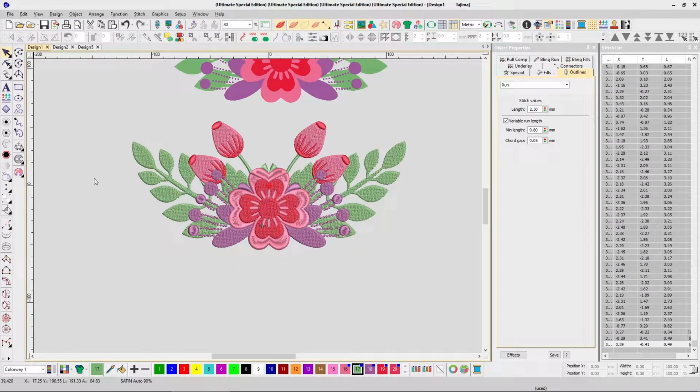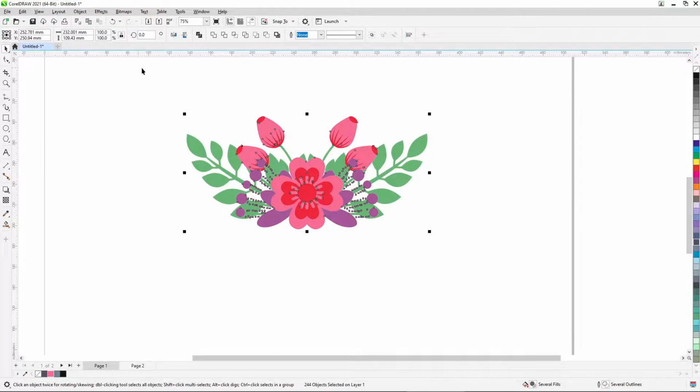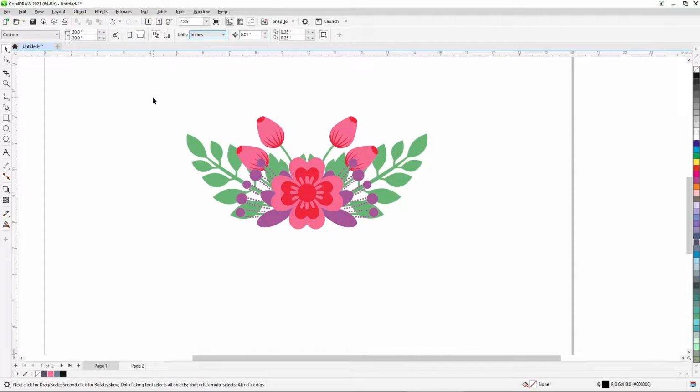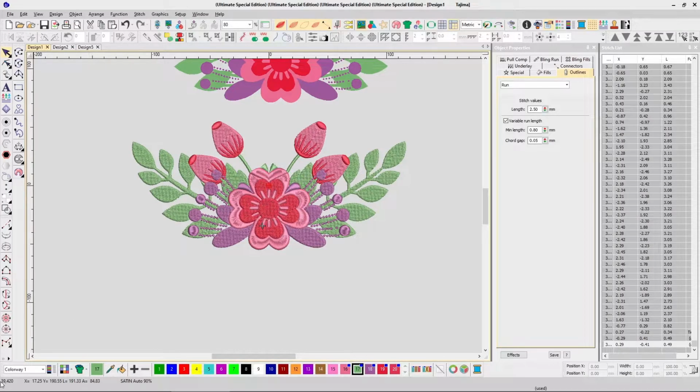Now as you can see, this is hardly, how much was it? Wait, let me convert it into inches. This is hardly just a little above 9 inches, and yet you can see this entire embroidery will require almost 40,000 stitches. When I say 40,000 stitches, that simply means that the needle of the machine is going to go inside the fabric 40,000 times.